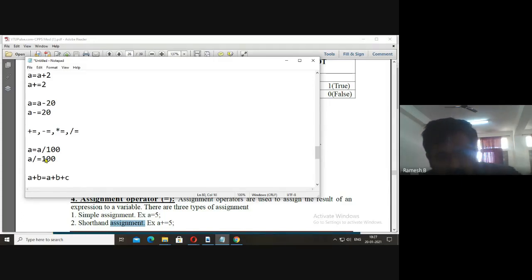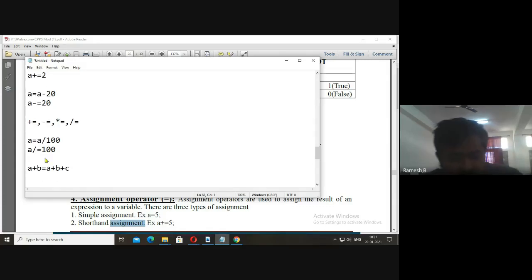Instead of writing like this, what I do is a plus b plus is equal to c. We can write like this also. I am avoiding writing a plus b one more time. Here a plus b is an expression.